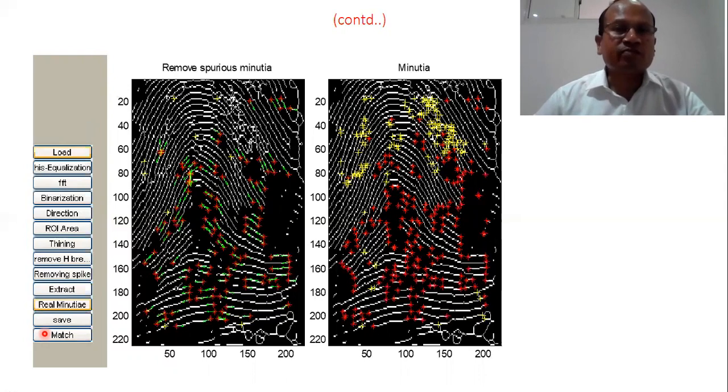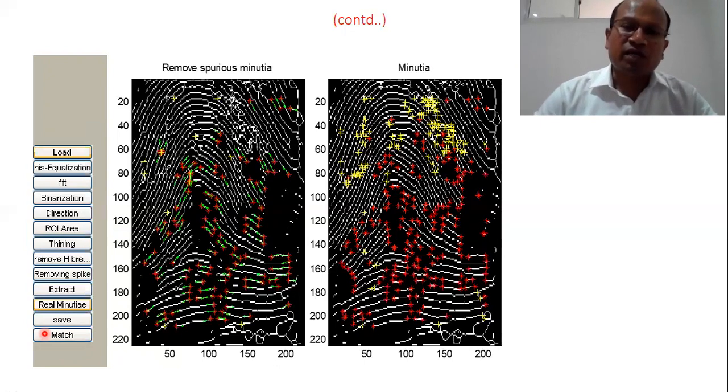Wherever it finds similarity, with minimum distance, a Euclidean distance kind of metric we can choose, and wherever the distance is minimum or below a threshold value, it results that this is the person whose fingerprint is being tested.